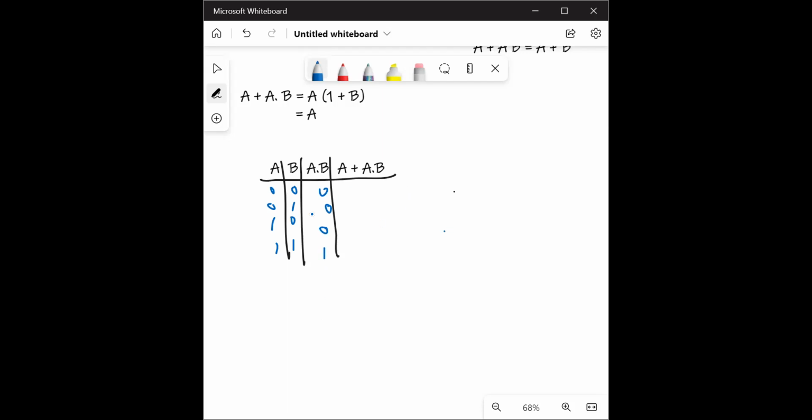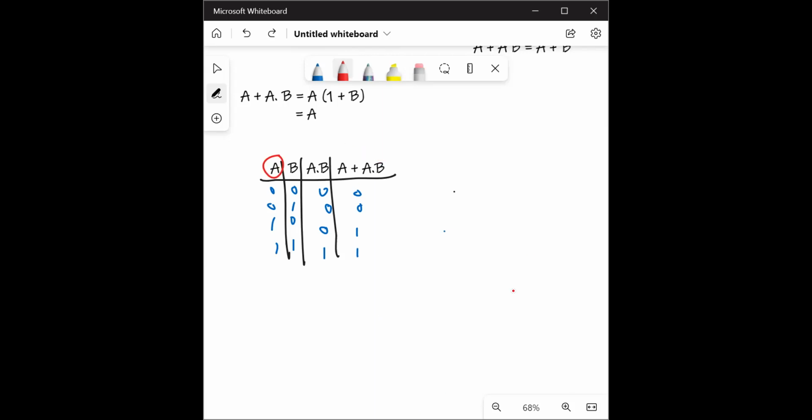Now we'll add A to this. So that means 0, 0, 0, 0, adding, no change. But when you say 1, 0, you will have 1, 1. So now you can see these two are identical. This one and this A plus AB, both are identical,